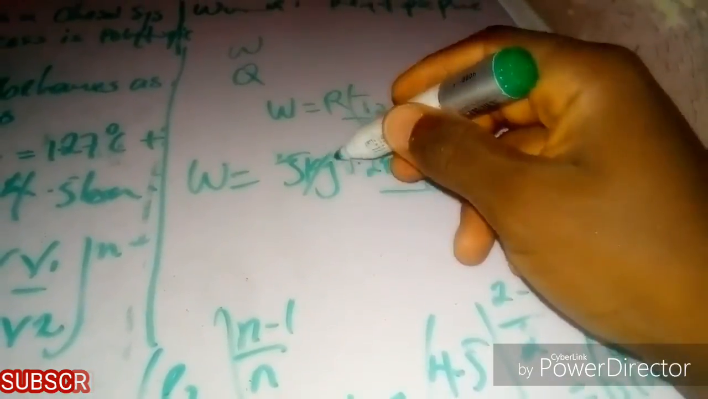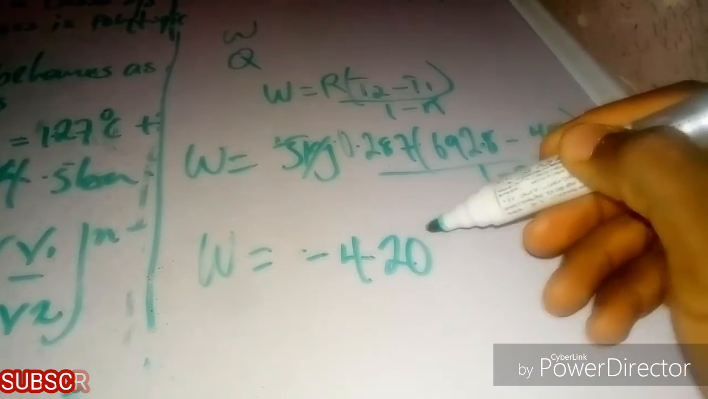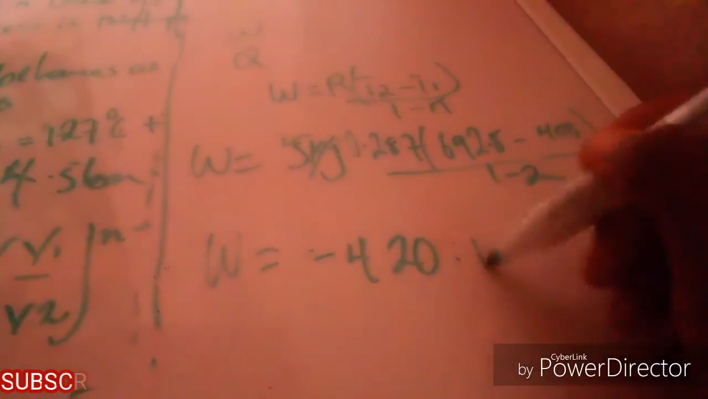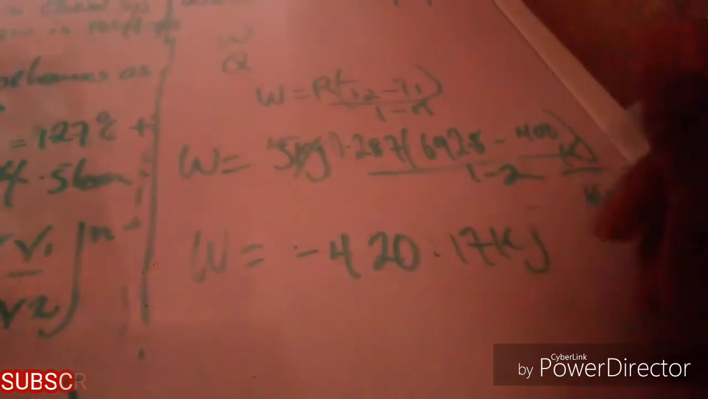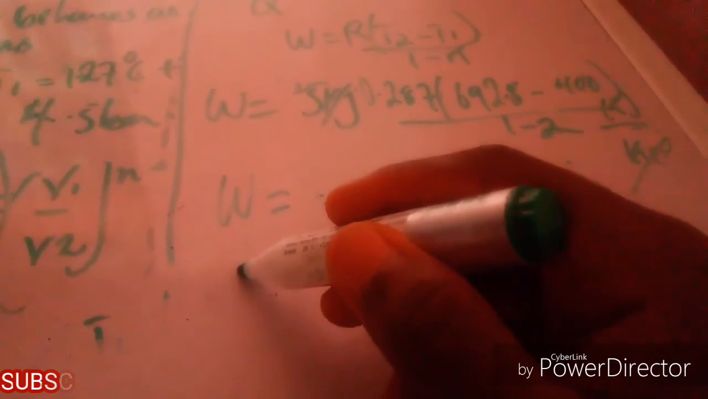This kilogram cancels this kilogram. So when we do the mass there, we have our W equal to minus 420.17 kilojoule. Now we've gotten that. So now we want to get our Q. We've gotten our W, which is negative. So what this tells us is that work is going out of the system. So now to get our Q,